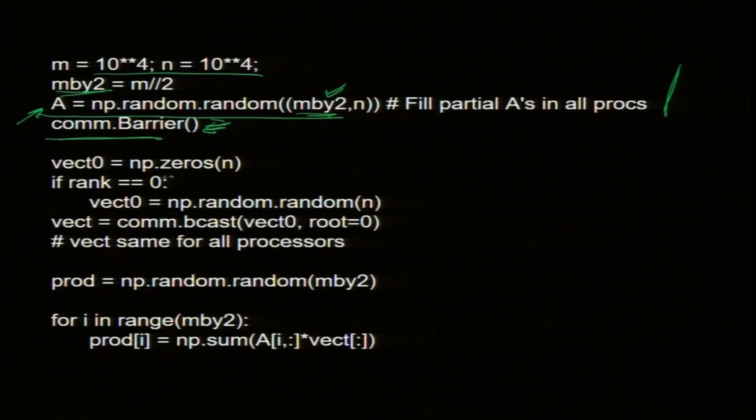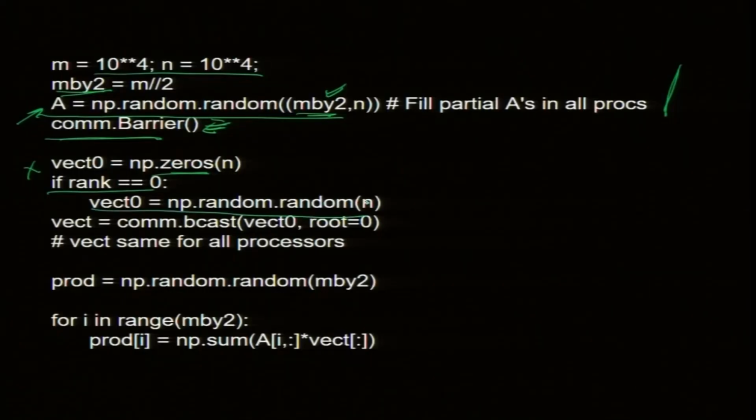Then I create a vec 0, in which I am going to put x, okay, x will be here, but I do not create it everywhere, because if I create it everywhere, there can be different random numbers, right? x should be the same numbers. So, I create it in one of them, in the master node. Typically, you ask the master node to do the critical things, or something which is to be done once, you let the master do it, keep it as a convention.